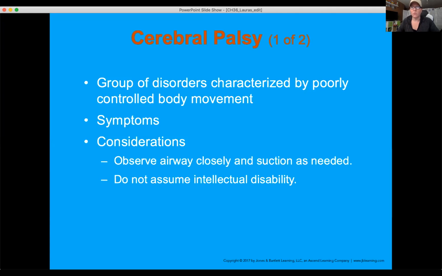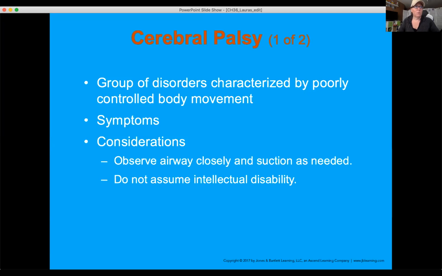They can have hearing disorders that go with the cerebral palsy. Some people who have cerebral palsy can't control their airway very well. They aren't able to move the muscles of their tongue very well, so they're at high risk for aspiration. So we really have to find out what the level of development is and how bad their cerebral palsy is, what deficits it has caused.